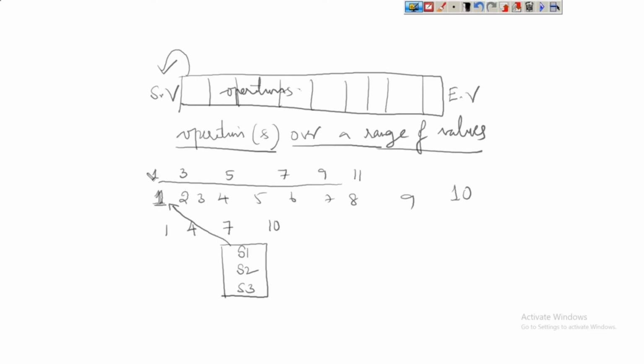Now, some set of operations will be performed over a range of values, or a certain number of times. If we choose values starting with 1 and ending with 11, how many times are the statements executed? 1, 2, 3, 4, 5, 6, totally 6 times. In the next case, 1, 2, 3, 4 up to 10, totally 10 times. And in the last case it will be only 5, maximum up to 10 only.